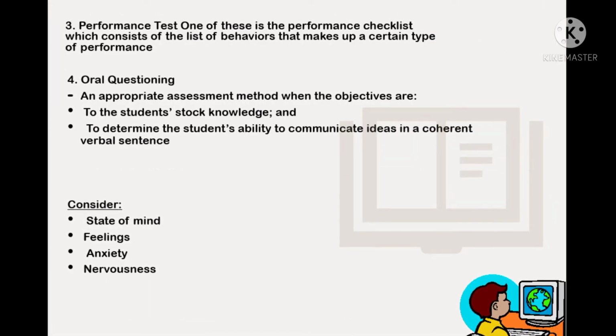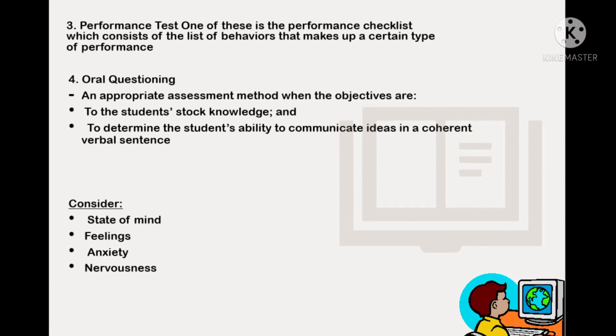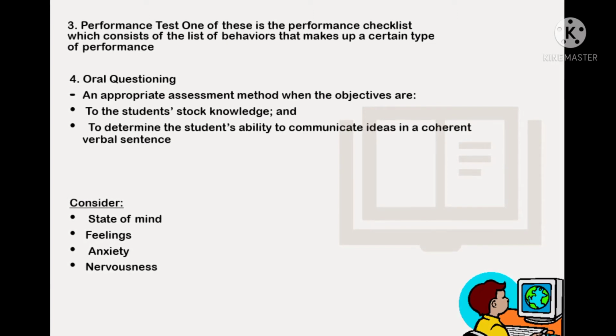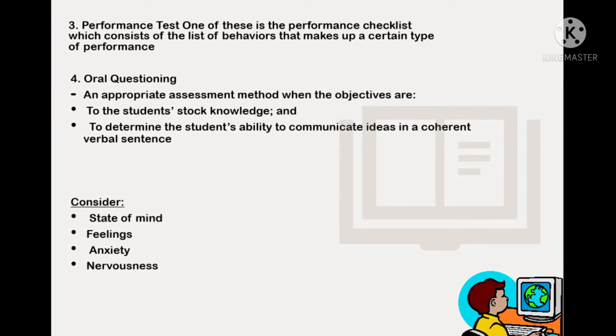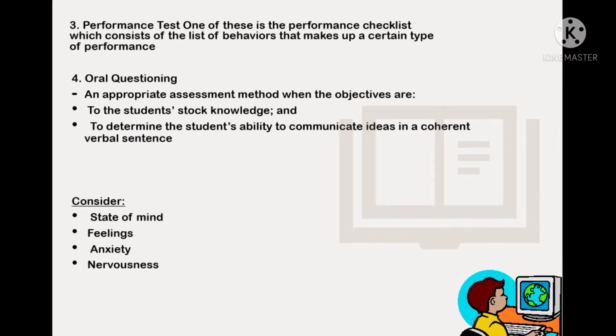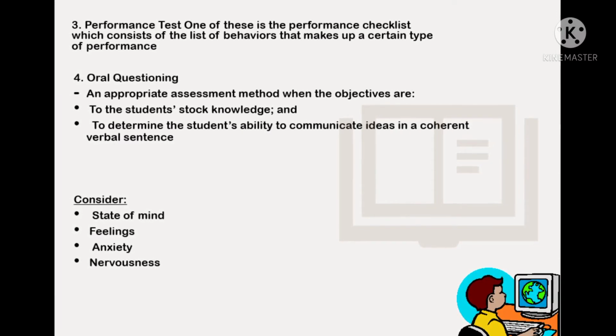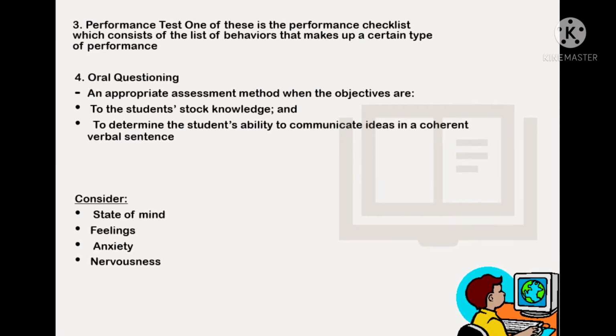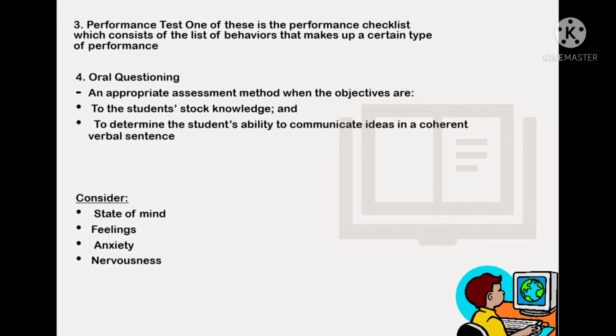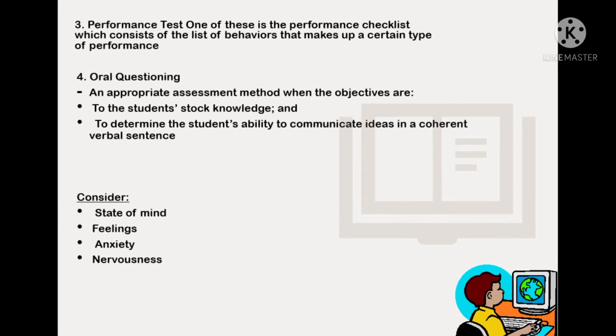Number three is performance test. One of these is the performance checklist, which consists of the list of behaviors that make up a certain type of performance. Number four is the oral questioning, an appropriate assessment method when the objectives are to assess the students' stock knowledge